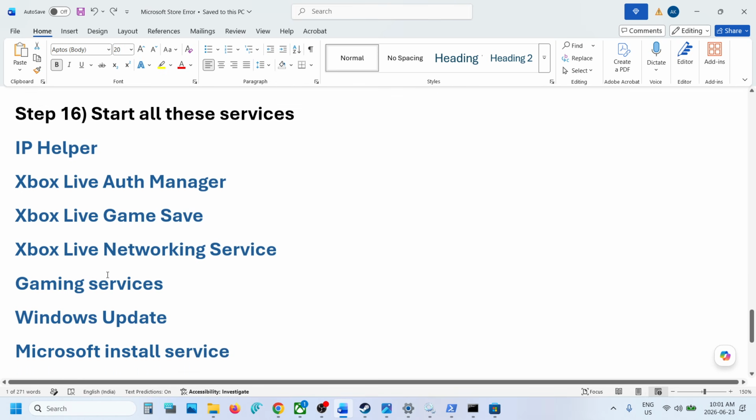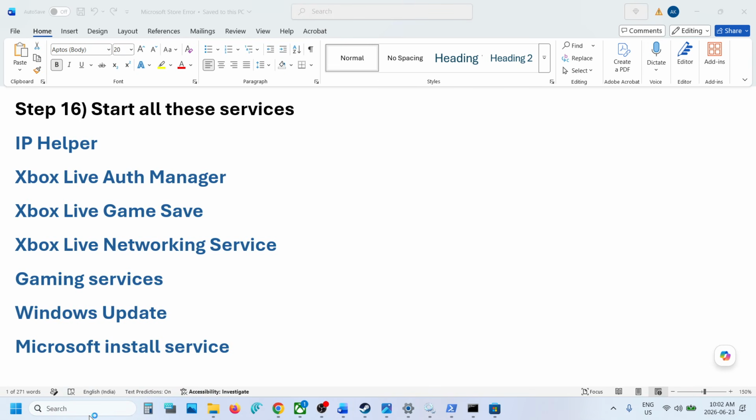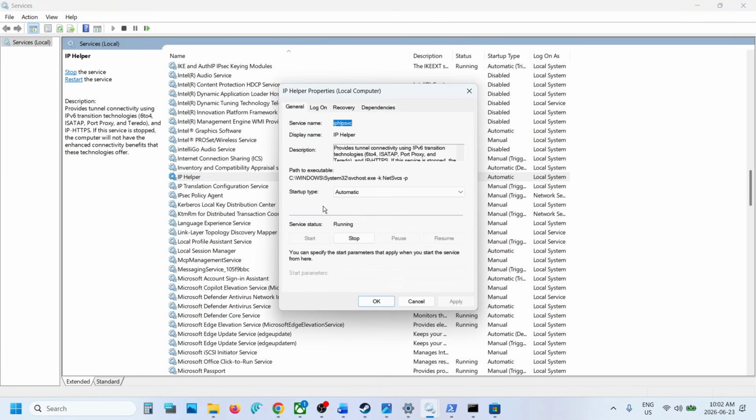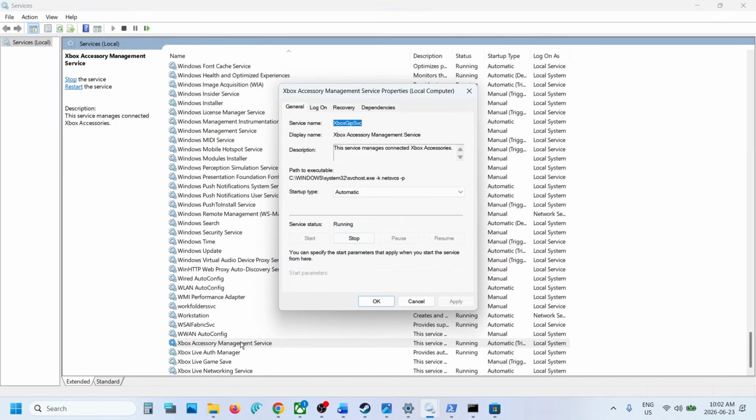Next step is to start these services. Now for this, you can type in services in Windows search box, click on services, find IP helper in the list, make a double click on IP helper, set this to automatic, click on apply, click on start if highlighted, click on OK, and then find Xbox services at the bottom. Here you can see 4 Xbox services. Make a double click on each Xbox services, set it to automatic, click on apply, click on start if highlighted,